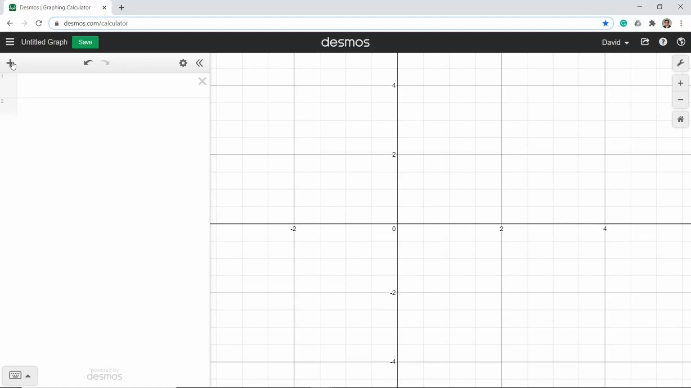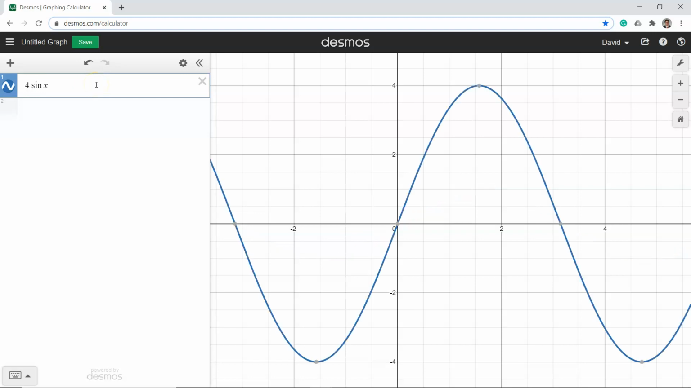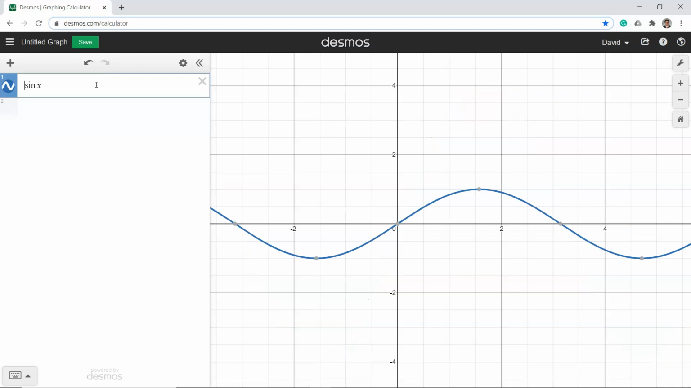So, for example, the homework that was due today on amplitudes is going to be multiplying the sine function by a number. So something like 4 sine x. Now, maybe before we run into doing all these examples, I should give you a rundown of